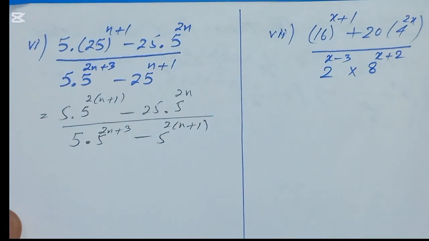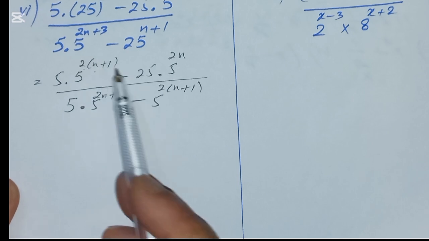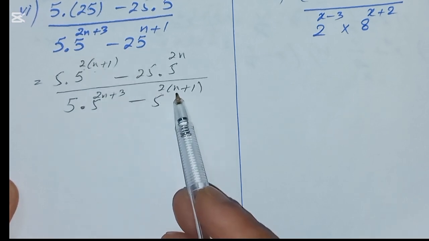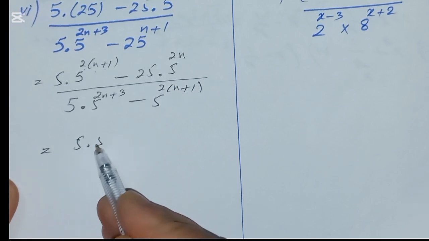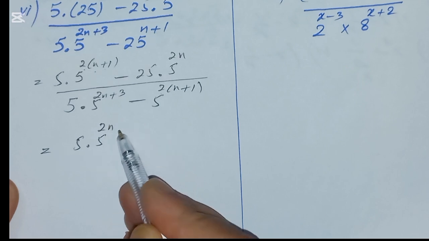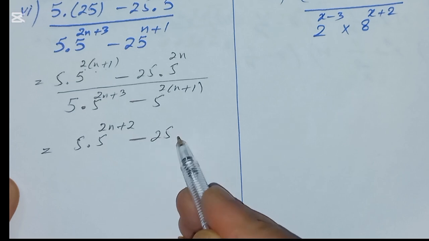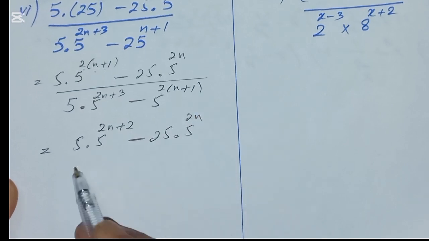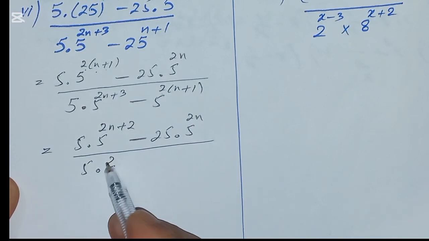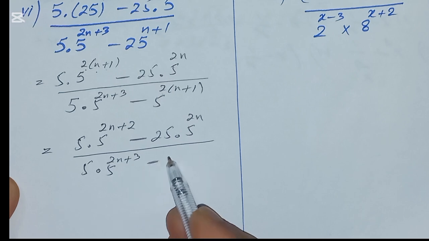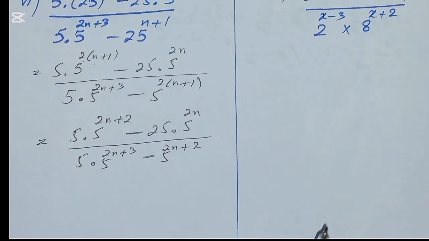Next step is we multiply this 2 within bracket with n plus 1, and this 2 also with n plus 1. So next step is 5 dot multiply 5 power 2n plus 2 minus 25 dot 5 power 2n divided by 5 dot 5 power 2n plus 3 minus 5 power 2n plus 2. Now the next step is